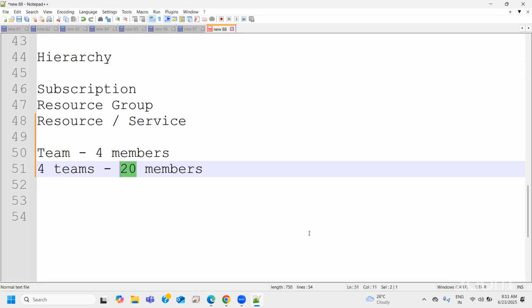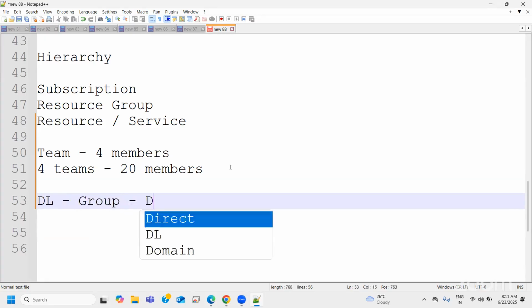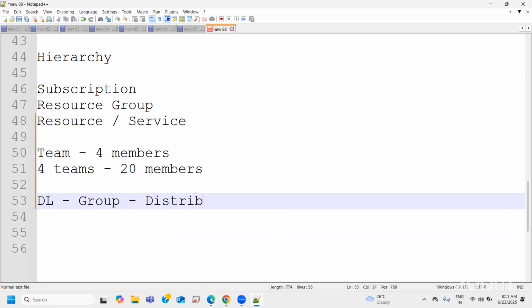If bulk members are getting added to that specific hierarchy of the cloud, what is the best possible way? You can individually add people, that is not a big deal, but there is one component. For those of us from Power BI, we have already discussed that as well. We can create a DL. What is a DL? It is a kind of group, in simple terms called a distributed list.